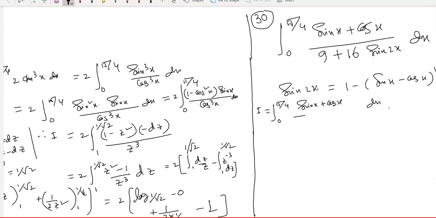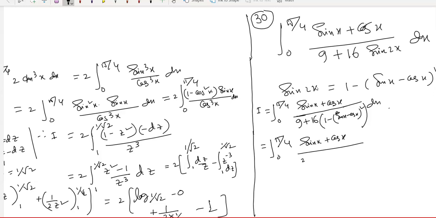So the denominator is going to be 9 plus 16 times that. So this is 0 to pi by 4, that divided by 25 minus 16,